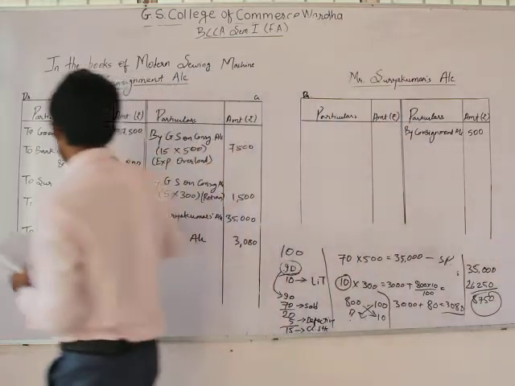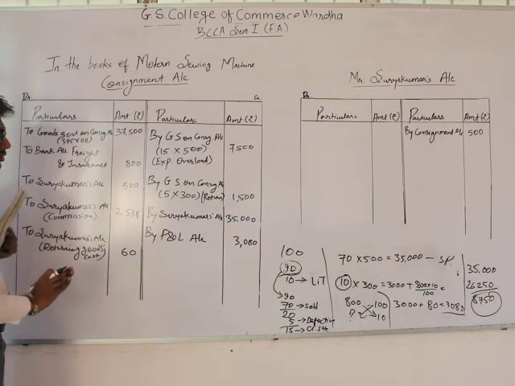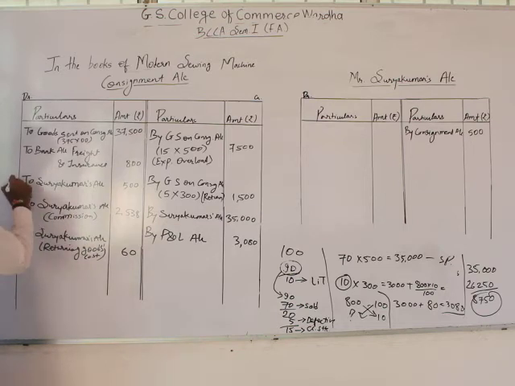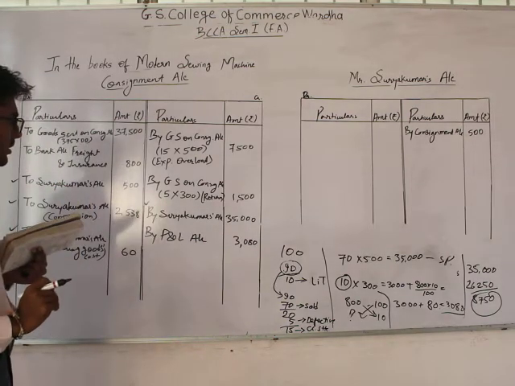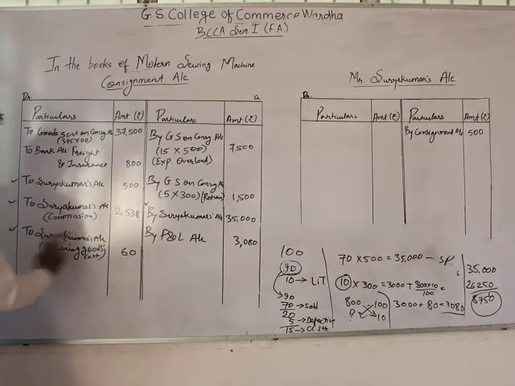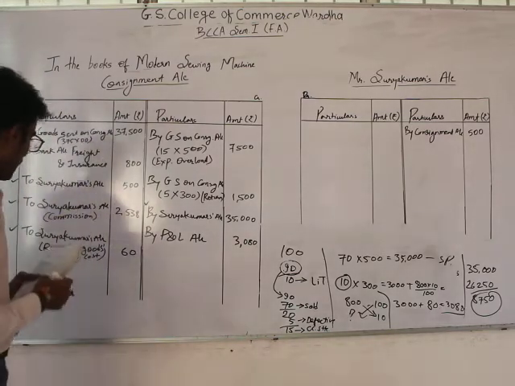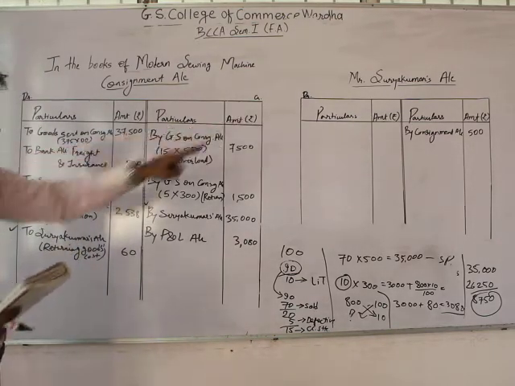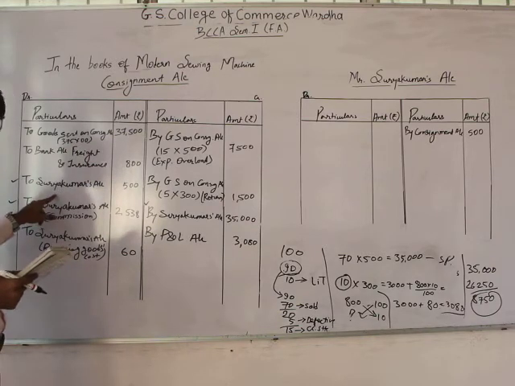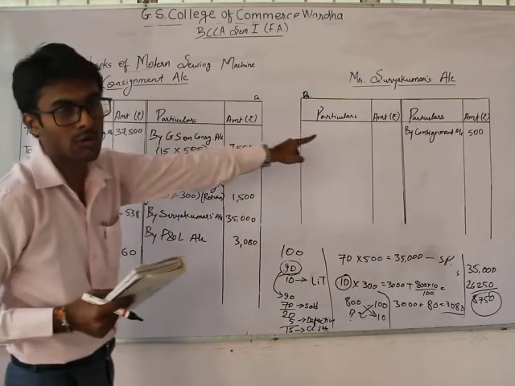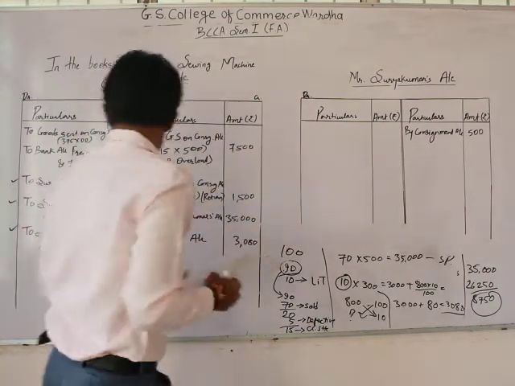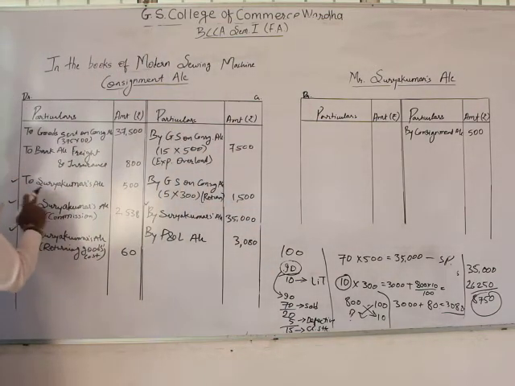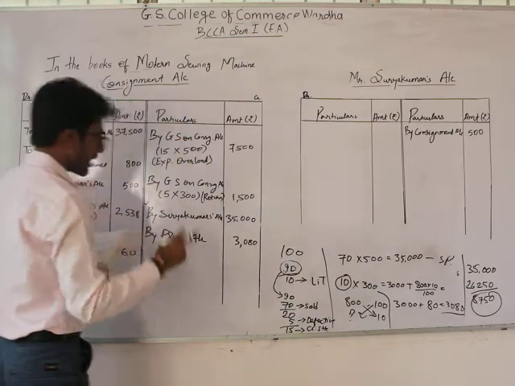Wherever you are finding Surya Kumar's name, you have to catch that here, this one. Now this is one of the entries. 1, 2, 3, this 4. So we have shifted 500, and if this is given on the debit side, then Surya Kumar will be at the credit side. Why? Because that account is being credited. So Surya Kumar's account debit, that means we have to write at the credit side.